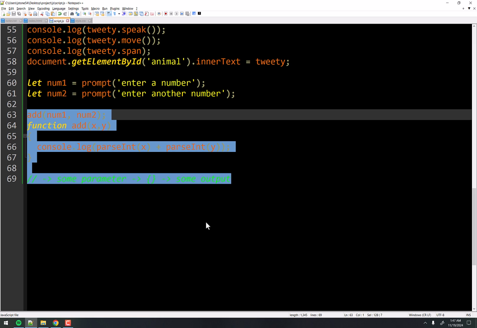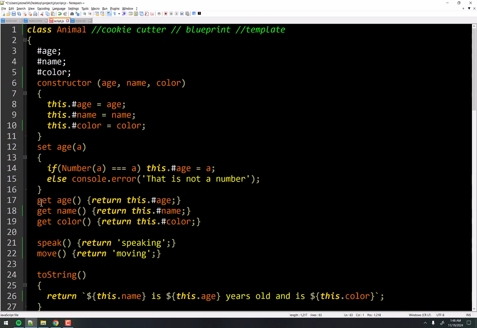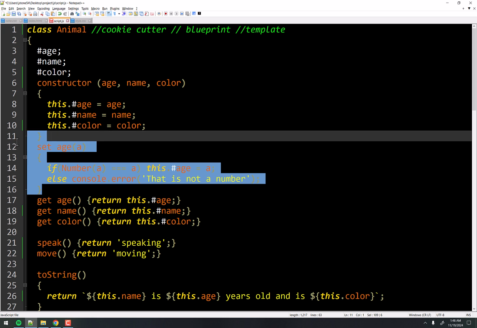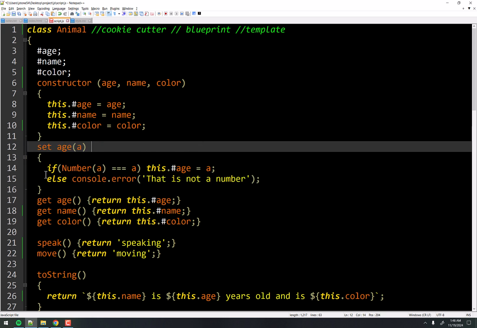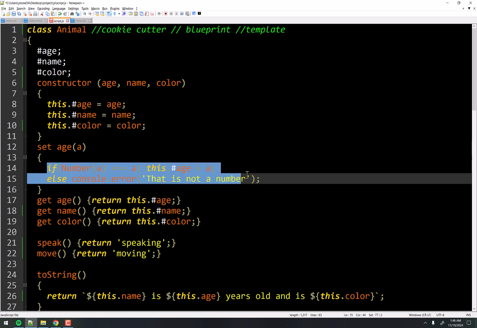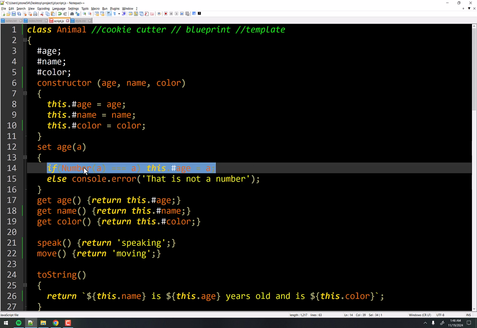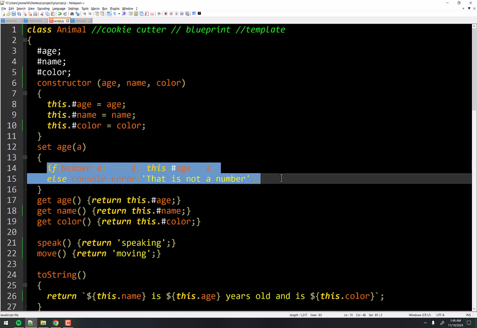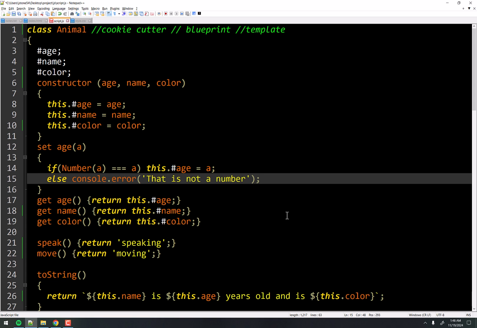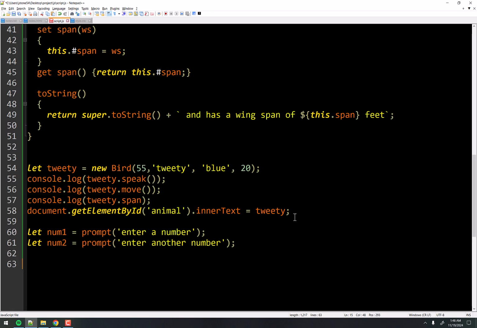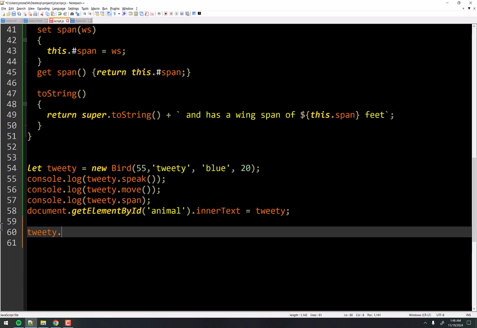Well, that's happening in our class, right? The get age function, not much going on there, but let's look at the set age function, right? When we set an age, we don't need to understand the complexities of what's going on there. There's error trapping, and again, this is a very simple error trap, but there could be 50 lines of code here that make sure the value is correct. We don't have to know any of that. All we have to know is to set the age. I have to literally just say Tweety.age equals 20 or whatever. That's all I have to do, and that's all I need to know. So that's abstraction. So that's the A from API.